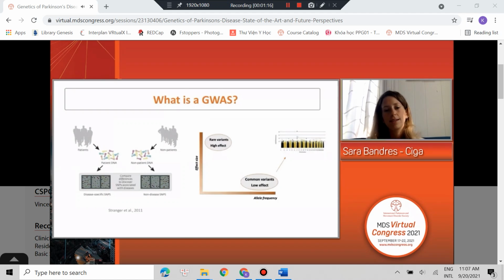And this is what we do when we want to perform a GWAS: we compare the differences that exist in terms of magnitude of effects or in terms of frequencies for certain genetic variants at a genome-wide level in our cases and our controls under study. And since we are testing thousands of variants, because we are doing this at a genome-wide level, our significance threshold is usually really stringent, since we take into account 5 times 10 to the minus 8.